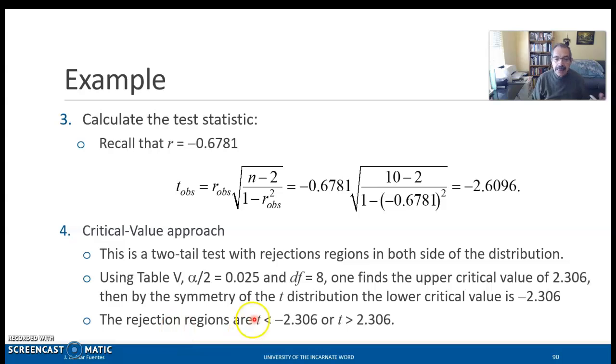So in this case, the lower rejection region is that for any t-value less than minus 2.306, or for any t-value larger than 2.306, it will imply that the null hypothesis will be rejected. All right, don't forget to specifically write out the rejection regions if you're asked to follow the critical value